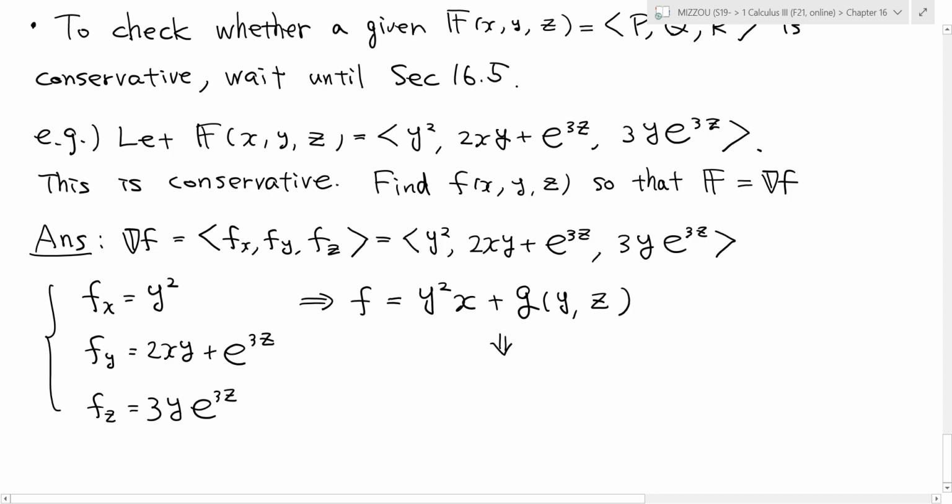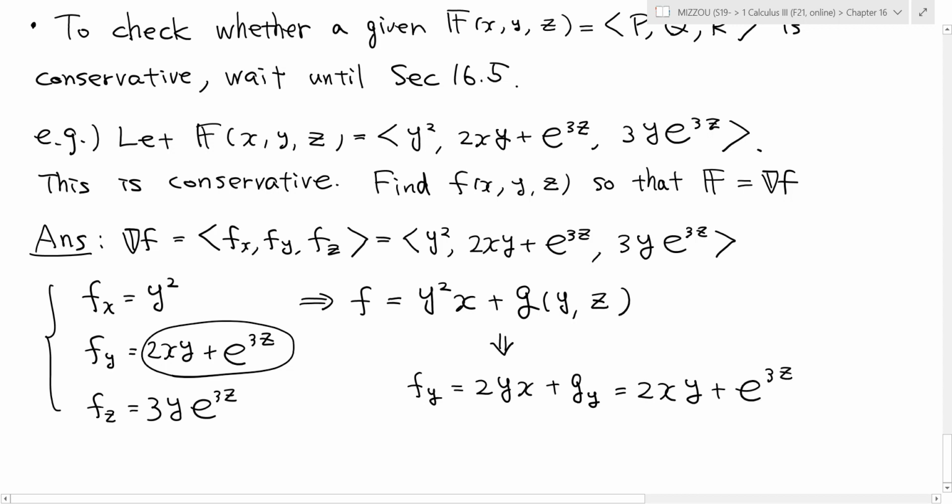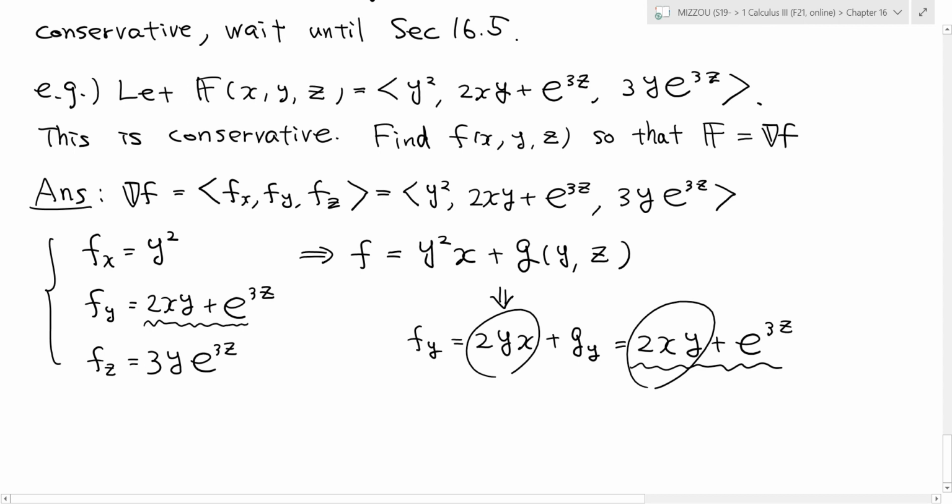Okay, then now from this, let's differentiate with y. Then you get 2yx plus, now you differentiate this with y. Okay, then this has to be equal to this, 2xy plus e to the power of 3z. So here is the same as here. Then now you'll see that if you look at this equality, 2xy gets cancelled out, and then from this,